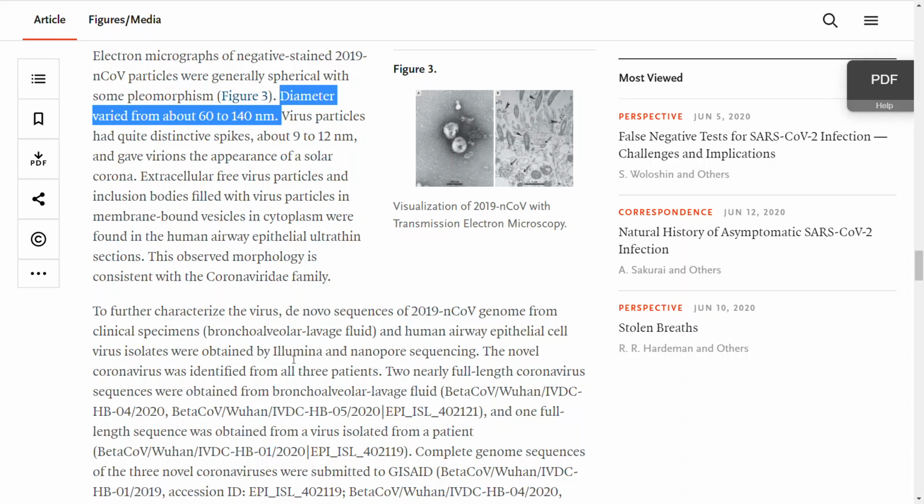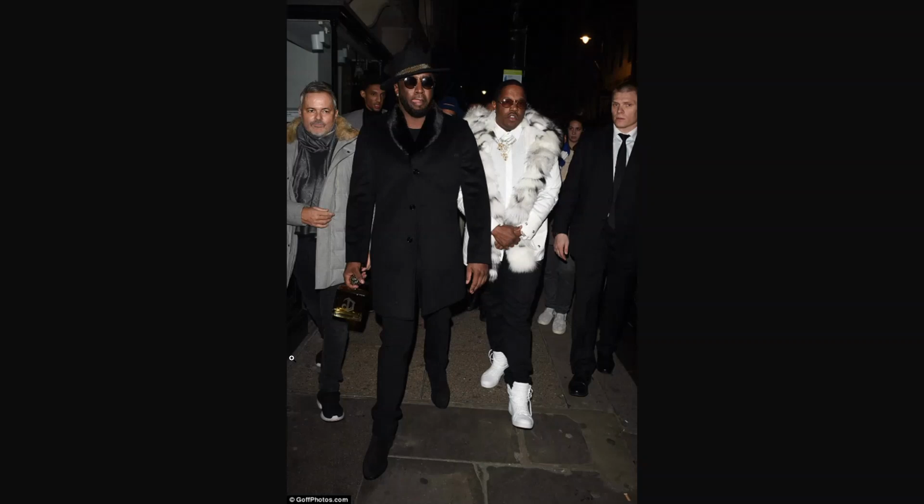They found it to have a diameter ranging from 60 to 140 nanometers, which is 0.06 to 0.14 microns. It's much smaller than the 0.3 micron figures we mentioned before about filtration, so these particles will just go straight through, right? Well, scientists don't think so. They think the virus doesn't travel by itself. It's like P. Diddy, always needing an entourage. The virus will be associated with water droplets or other substances, so it'll actually be bigger in size than just